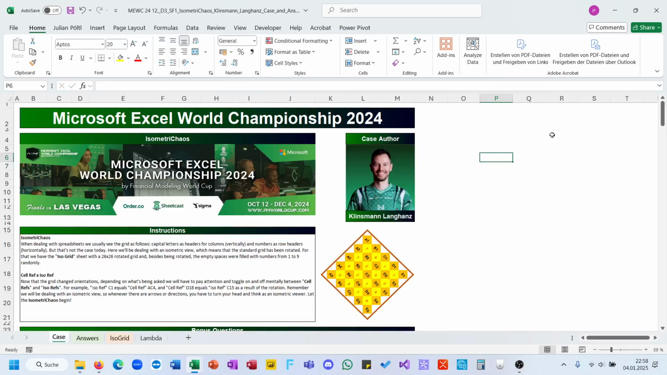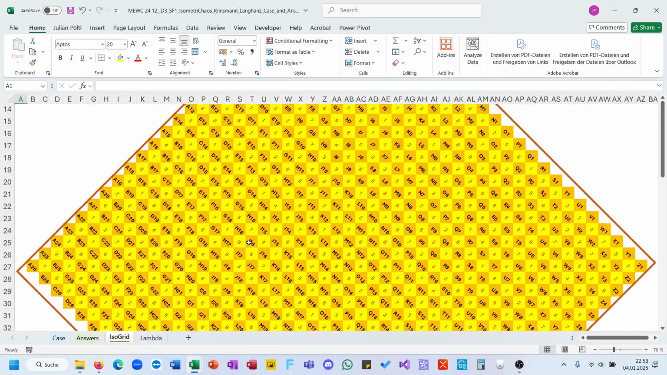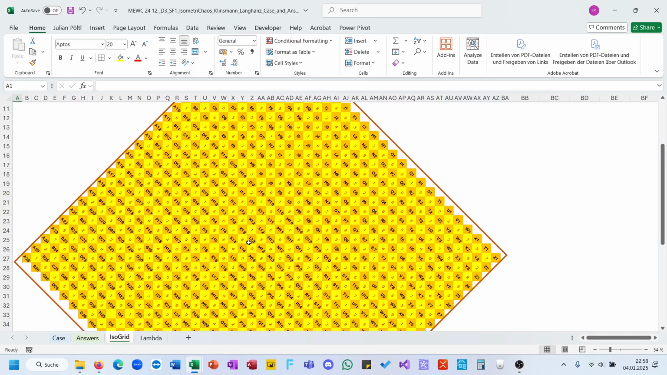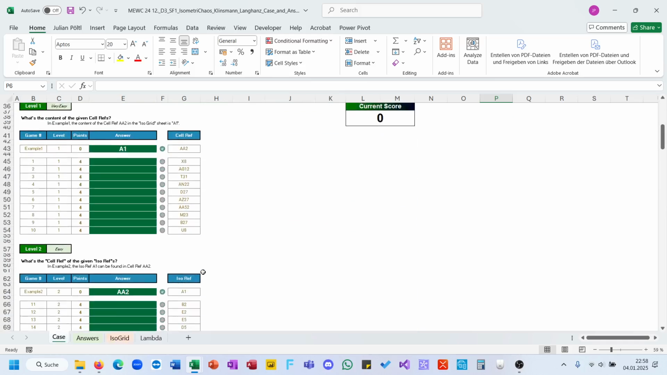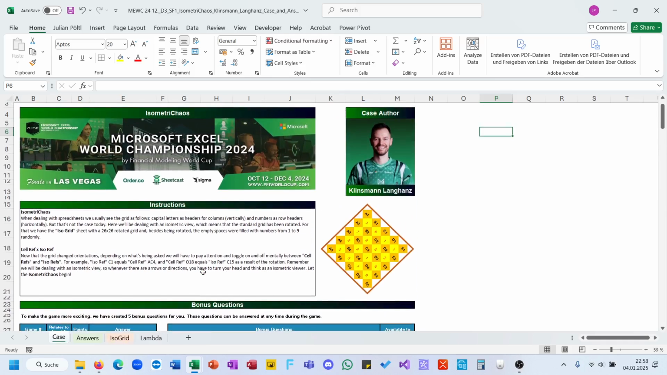Buckle up and tilt your head, because today I will be solving the MAWC semifinal 1 case by Klinsmann called IsoMetri Chaos. It is somehow a different type, where the cell grid is shifted by